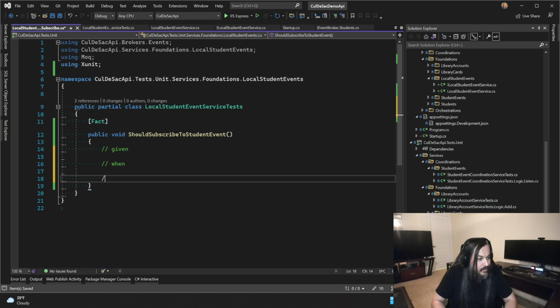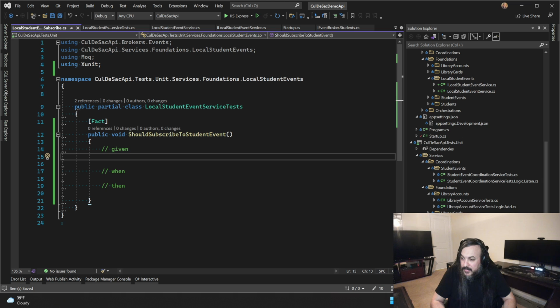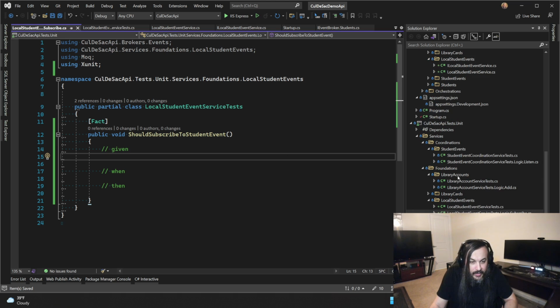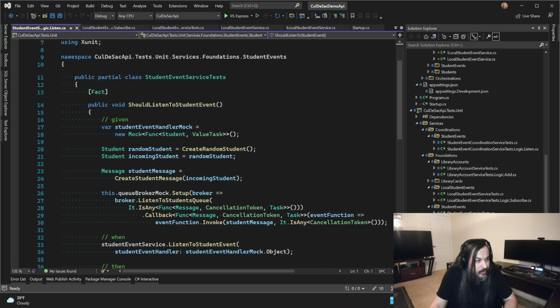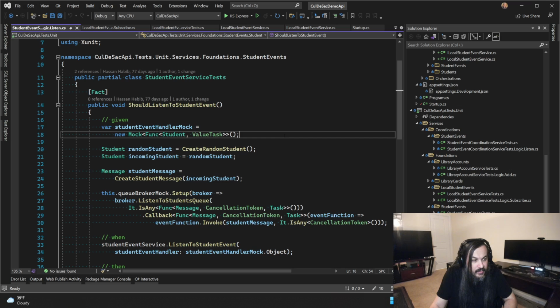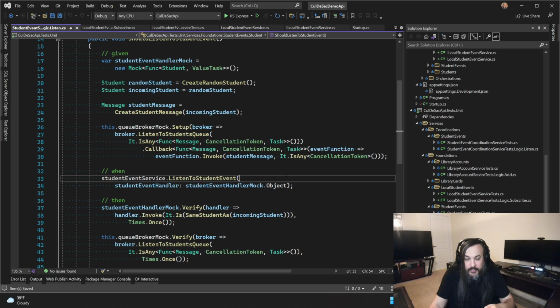given when then, and then I want to create a fake event, right? So do you remember how in the student events we basically went and said mock a value task student? We're going to do exactly the same thing. The only thing here is that we don't need to execute or do a callback like we did in here, because we're calling the dependency directly.